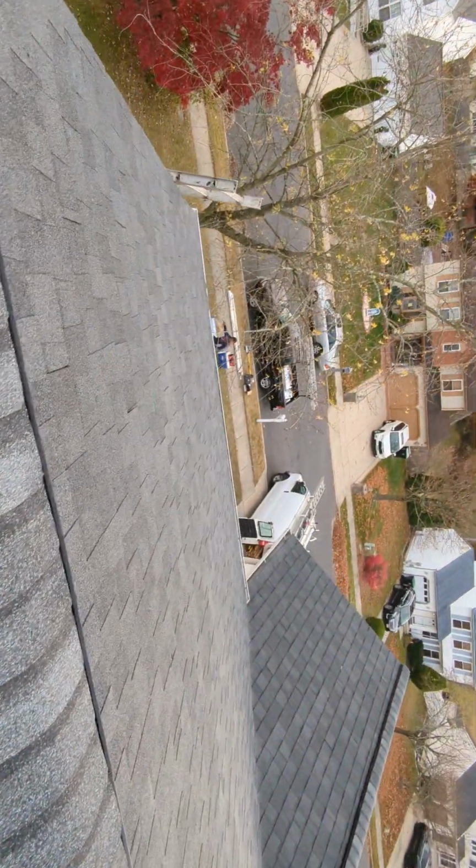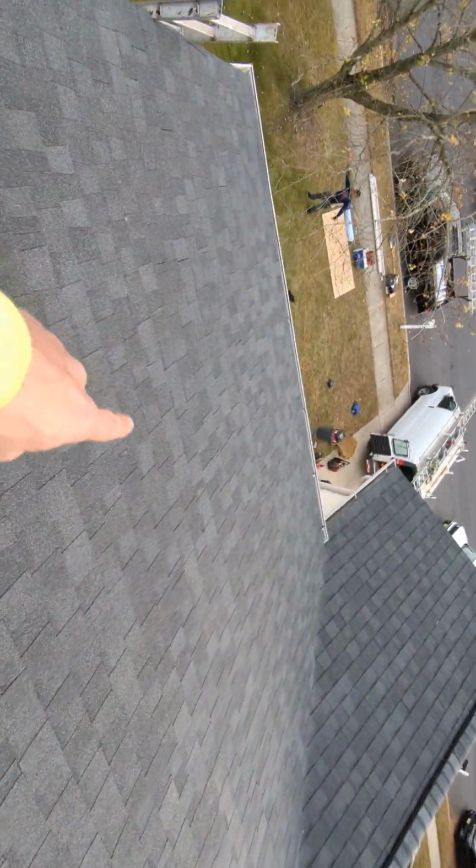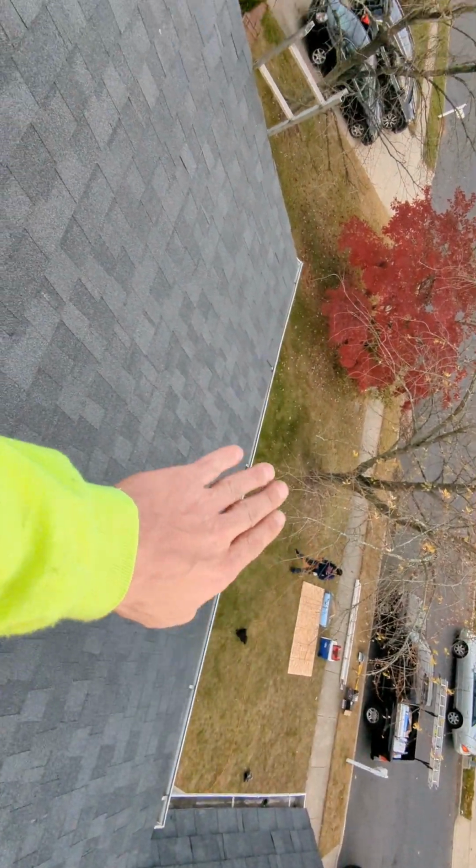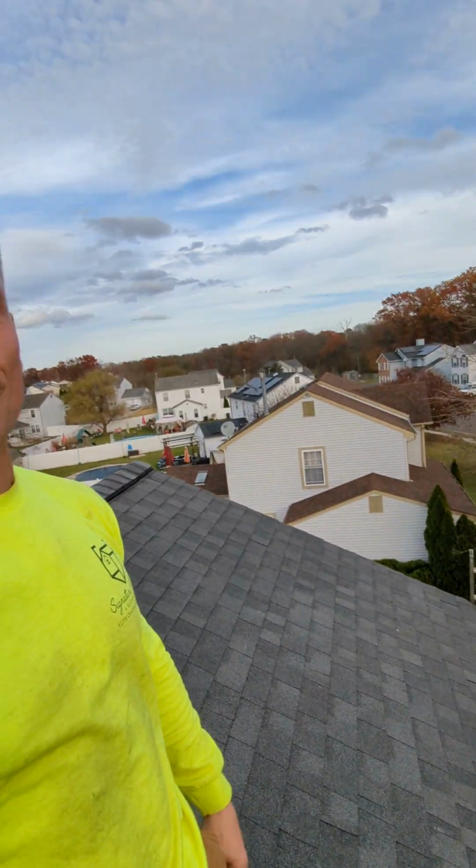Another interesting thing I just want to call to attention at ground level right now. This entire area right in front of me, I'm standing in front of it, but if you get to a certain trajectory down on the lawn, you'll see a lot of these are lifting. I had to remind the homeowner that at this time of year, the shingle is still malleable, but it's not gummy the way it would be in July. So in July, the same thing is prevalent. In fact, it's so much more malleable that the shingles at the bottom of the pallet, keep in mind there's about another 5,000 pounds of shingles on top of that,